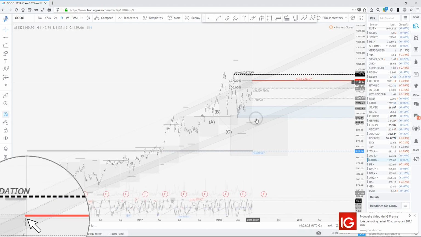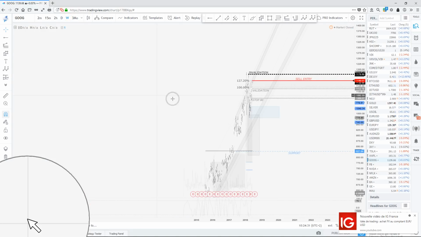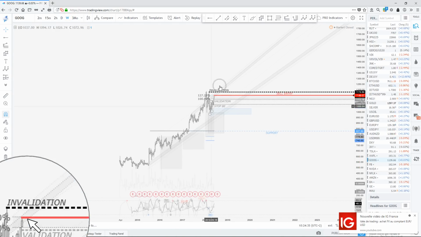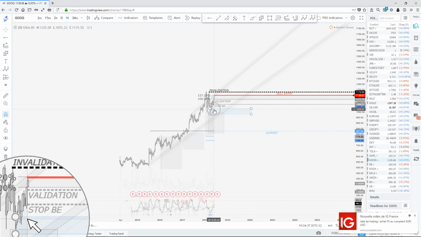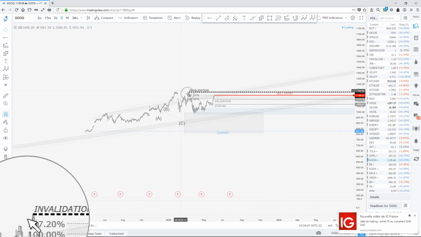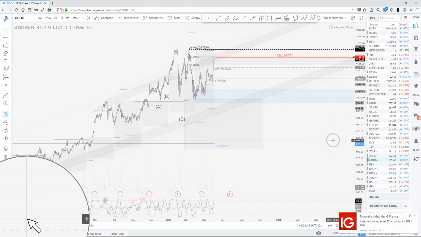Okay, so this one doesn't have that much of a bearish potential, because as you can see, this one isn't a bubble. Okay, Google isn't going parabolic. It's just moving inside a channel. So all we can target in here is going to the bottom of that channel. So don't be too aggressive on Google. Okay, it's not going to trade just like the others.